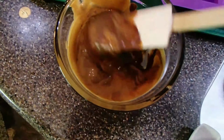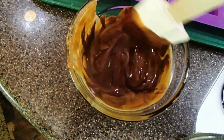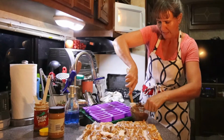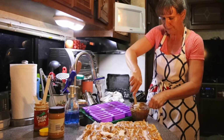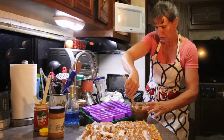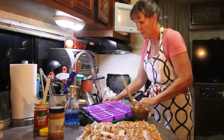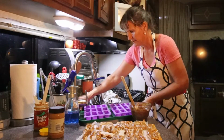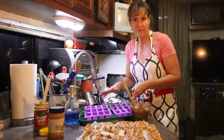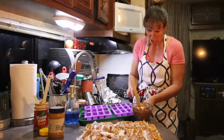So this is a cup of chocolate chips and 3 tablespoons of creamy peanut butter. And I've melted it in the microwave for 1 minute. And I'm going to stir it until smooth. Alright. Now I'm going to use my spoon. I actually have this tray sitting across my sink to give me a little bit more work surface. Now I'm going to put this chocolate